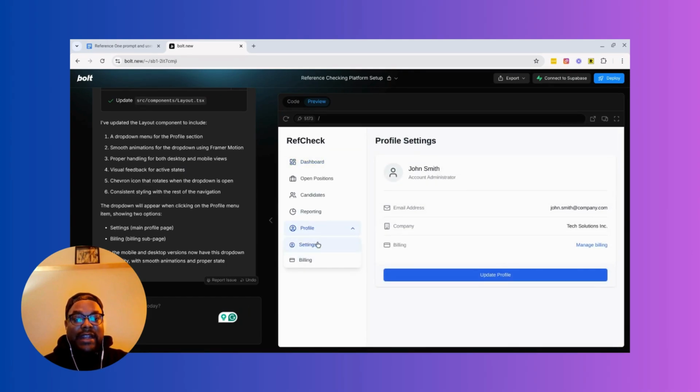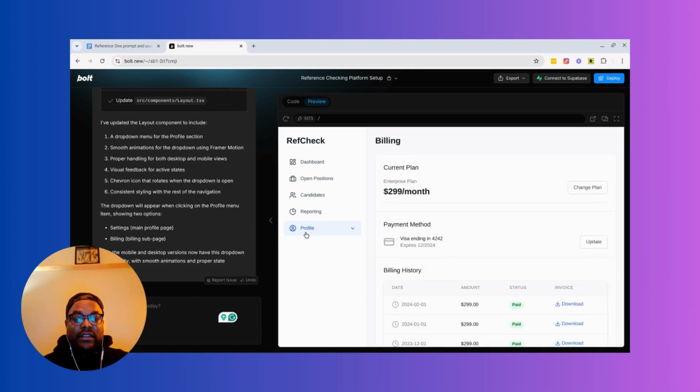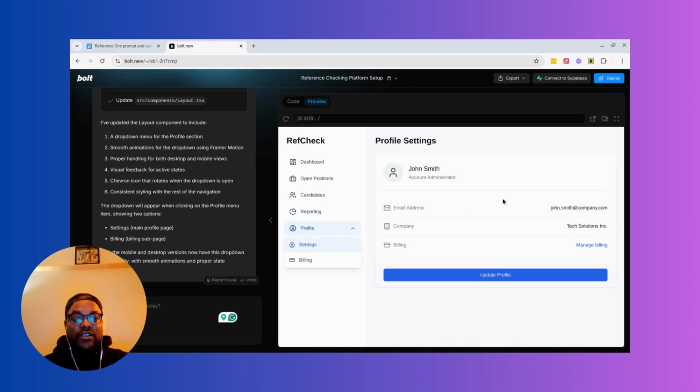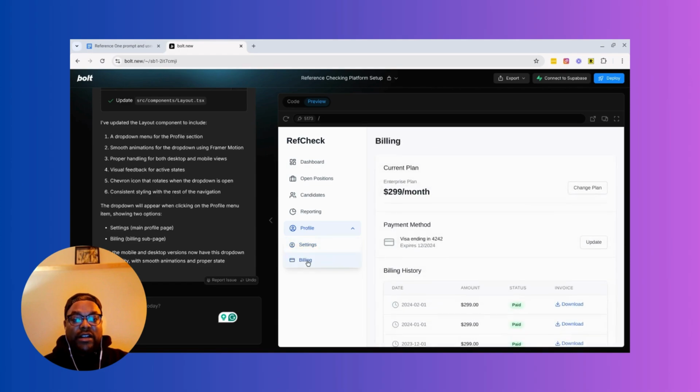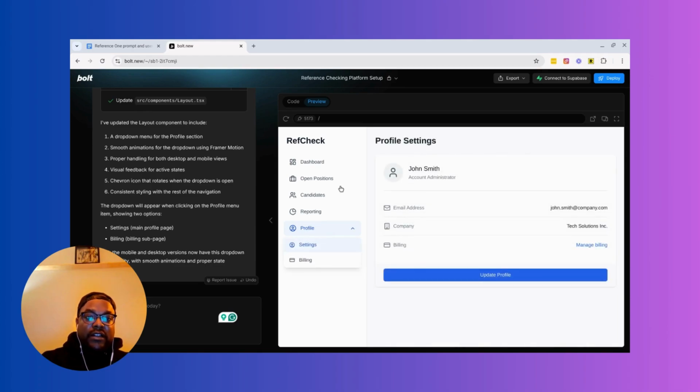Okay. See, it added settings and billing. I don't think I want that. I think I want it to be like, you click on the profile, you get access to this page, and then underneath it you have billing. But it's a good start. Also, it already added the hover effects, which I love, that it understands basic things. The icons, I'm not going to change. It's not really relevant for building an MVP. That's for much later, when you haven't done the functionality quite yet. So, all right, I'm going to stop here, and we'll see where we get next time.